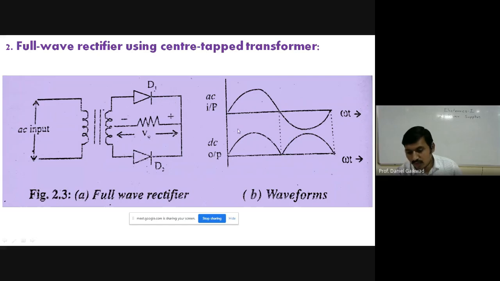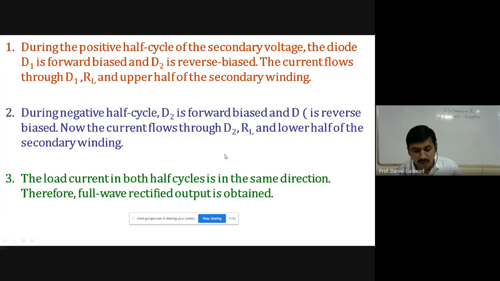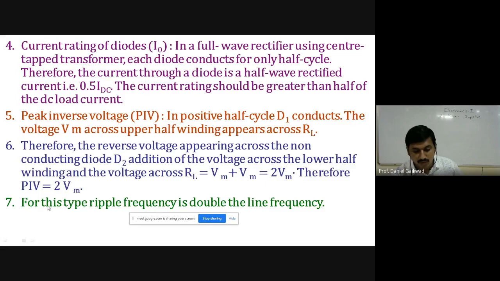Compared to the AC, the line has a frequency of, suppose, 50. So we have only one cycle in case of AC, and in the DC we have 2 cycles. Cycles mean ripple, increases, 0, increases, 0, 2 times. 0 to maximum, 0, maximum, 0. So this will happen 2 times, so the frequency will be double. The ripple frequency is double compared to the line frequency. So that is the simple understanding. For this type, the ripple frequency is double the line frequency.